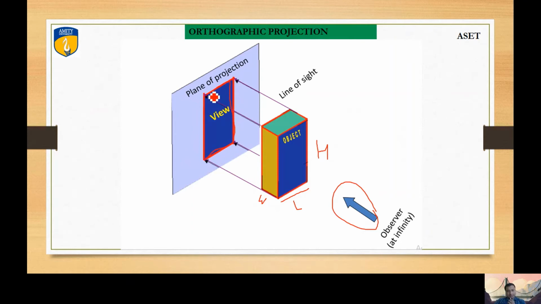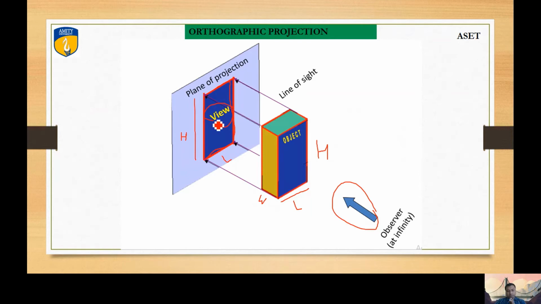So now what are the dimensions which are represented on this view? Length can be seen, right? Length and height can be seen from this 2D view, because 2D is going to give you only two-dimensional parameters. So length can be visible and height can be visible, but the depth or the width is not visible from this single view.